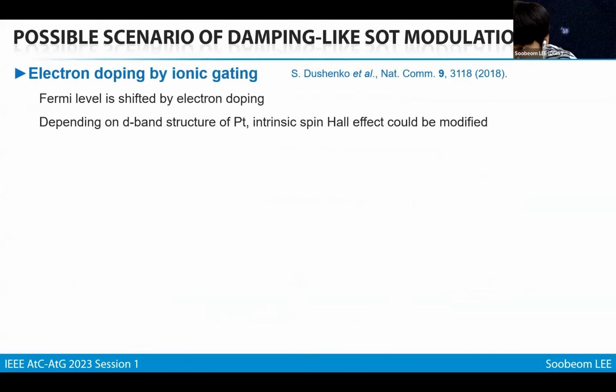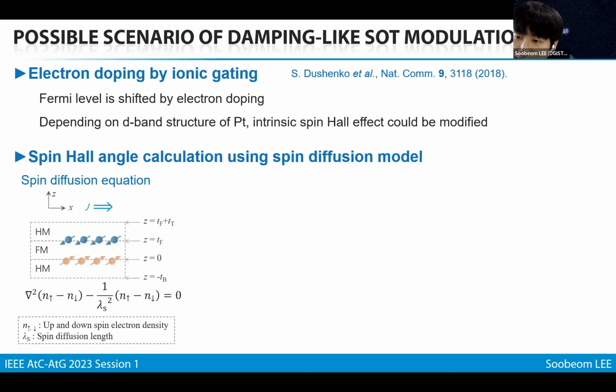And next, we suggest a possible scenario of damping-like spin orbit torque modulation. As previous research claimed, the Fermi level of platinum is shifted by electron doping via ionic gating. Then, depending on the d-band structure of platinum, intrinsic spin Hall effect could be modified because it is dominated by inter-d-band transition. To verify the above hypothesis, we calculate the resistivity dependence of the spin Hall angle in the top platinum layer